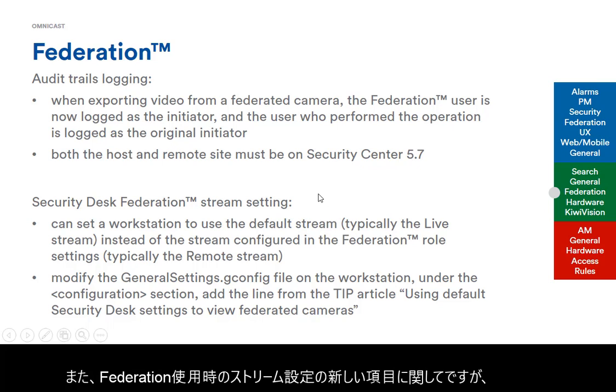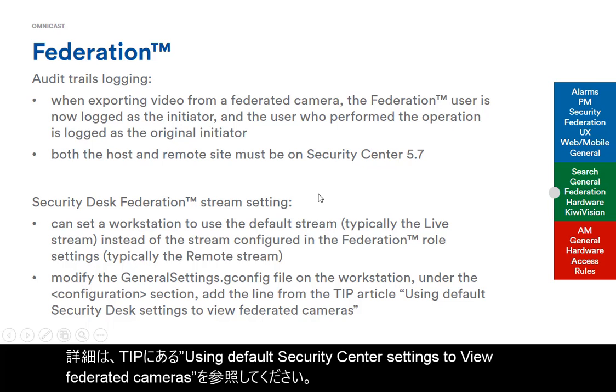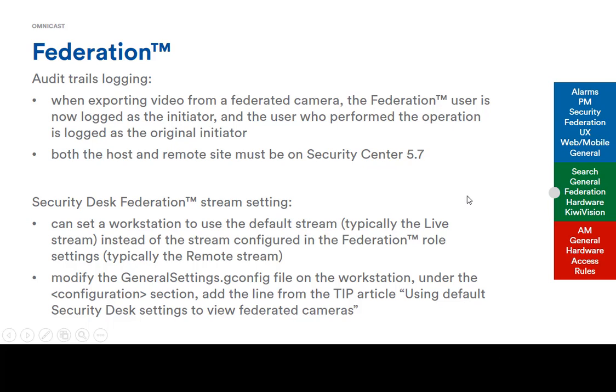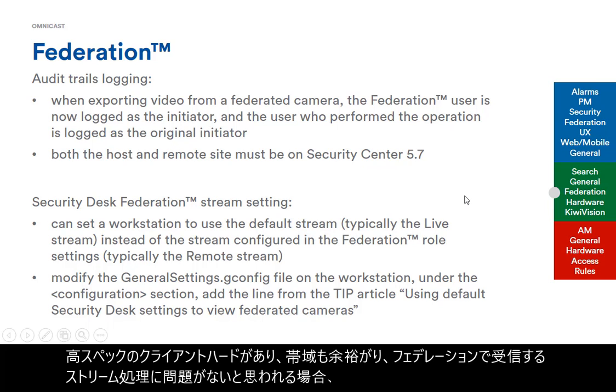Another thing in terms of federation is the stream setting. This is another thing where you're going to need to take a look on TIP. We do have an article called Using Default Security Desk Settings to View Federated Cameras. And what this is doing is basically, if we don't want to use the stream that's set up in the federation role, typically that's set up as the remote stream. If we know we have a massive workstation and we have a great network and we can handle whatever camera feed coming in from the federation that's